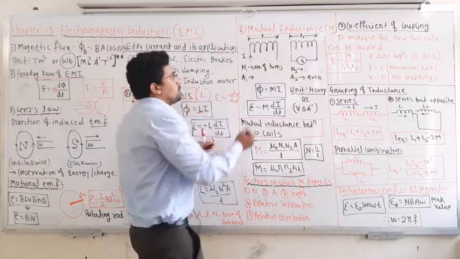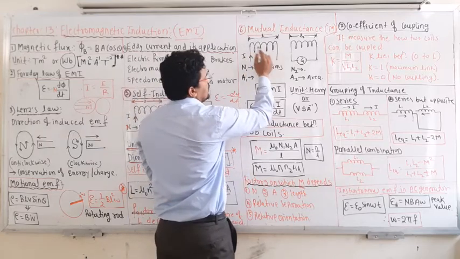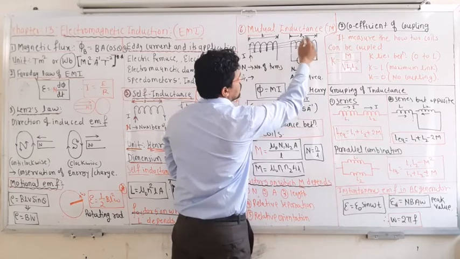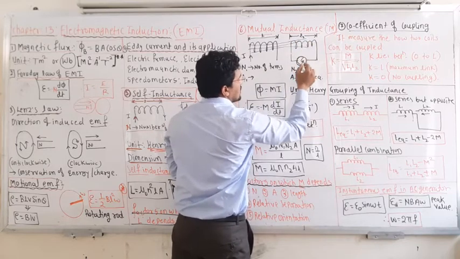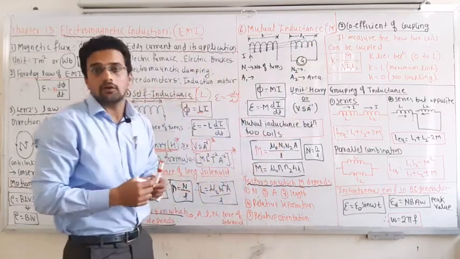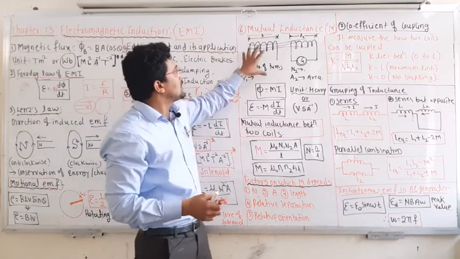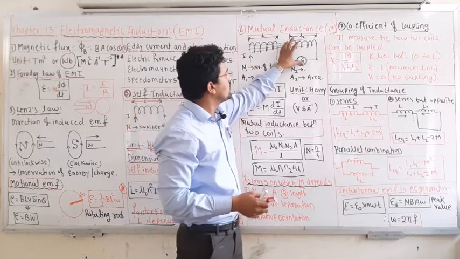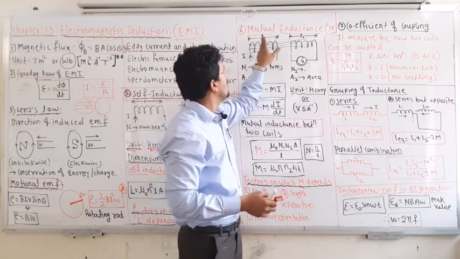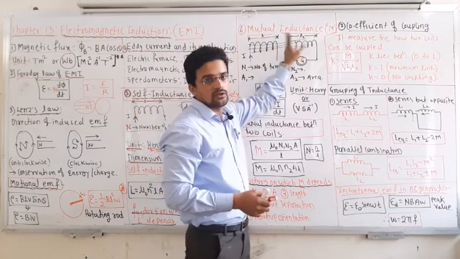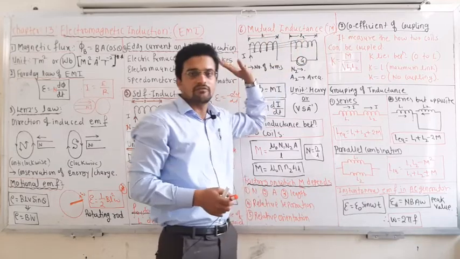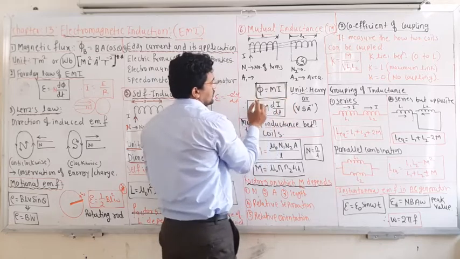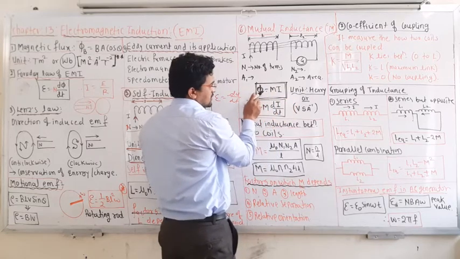When you pass the current through this coil, the magnetic field is also created, and it is going to be linked with the other coil, and due to this link the galvanometer will show you deflection, and that is nothing but the EMF developed. Suppose there are 2 coils, one having N1 turns and area A1, and the other having N2 turns and area A2. The lengths L1 and L2 may be the same or different.